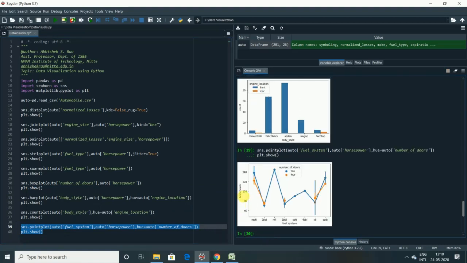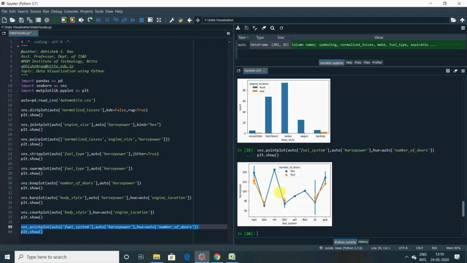So as you can see, the point plots are all joined together. You can see the line between each and every point. The number of doors are 2 and 4, which are being colored using the hues: the blue color for the 2 doors and the orange for the 4 doors.